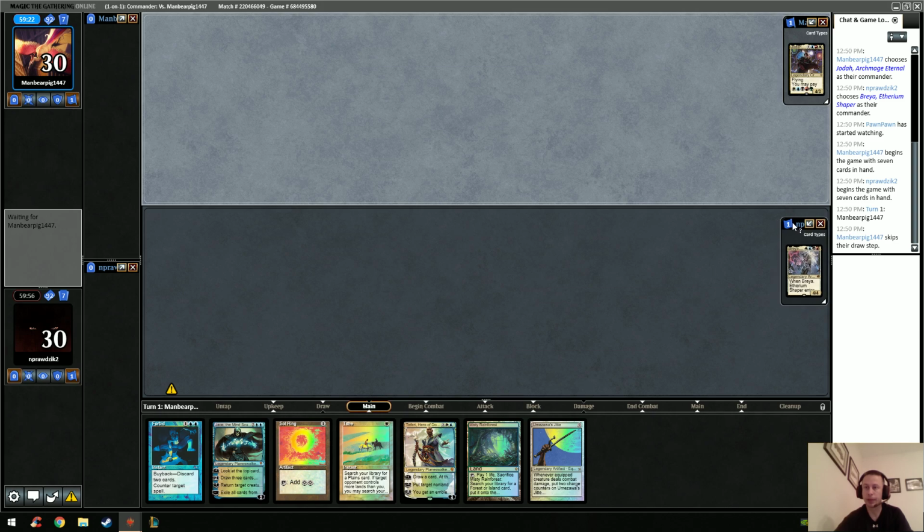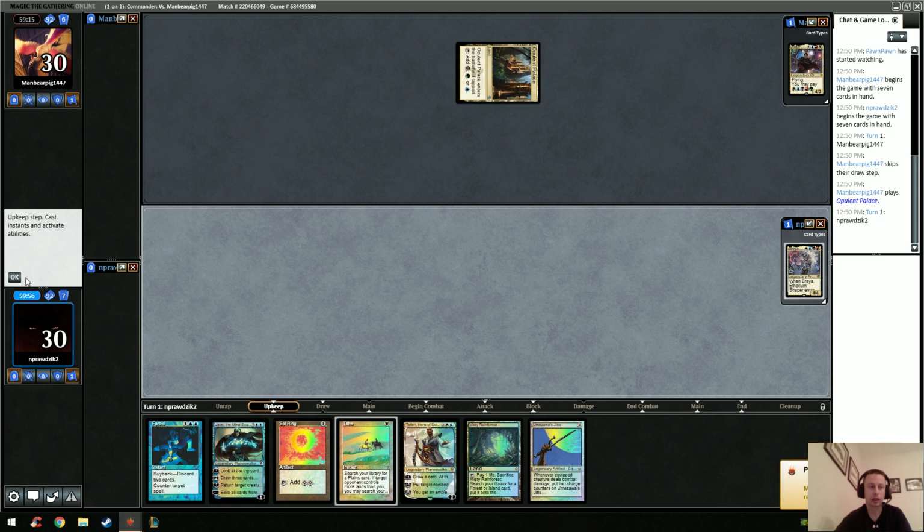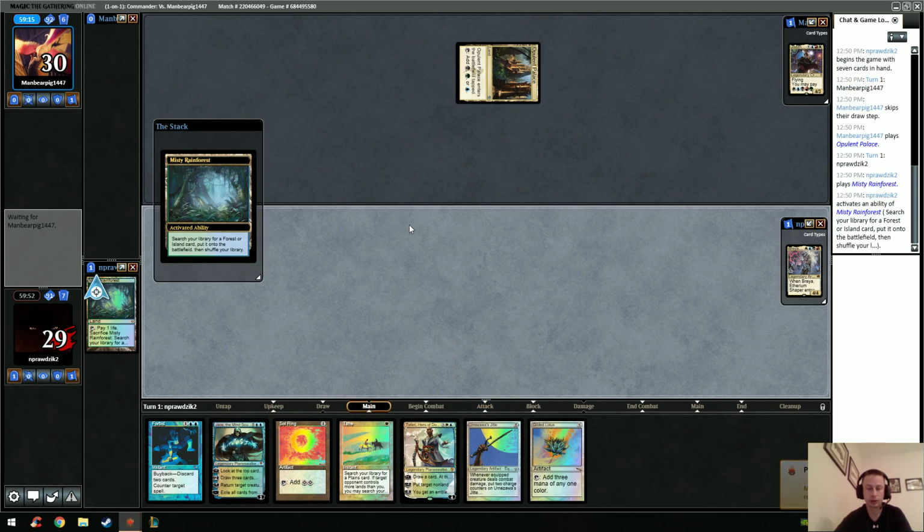All right, so I'm playing as Man Bear Pig, running Jodah, Archmage Eternal. It does allow them to play all 5 colors. It doesn't look particularly great. If this card is the kind of thing where they need all 5 colors, because this card just assumes that they will